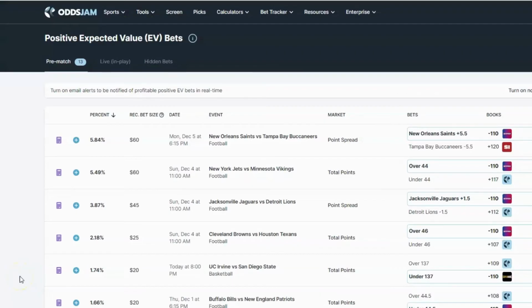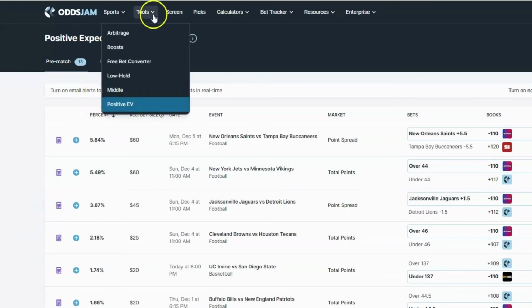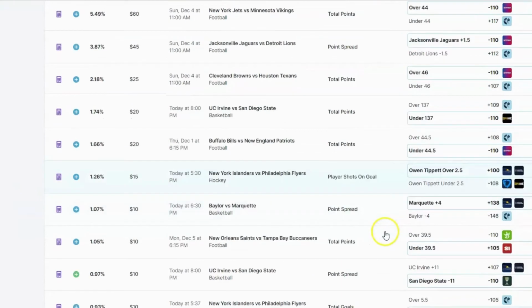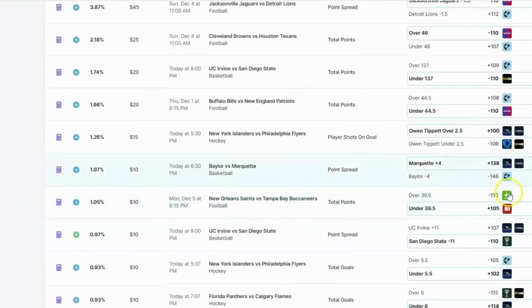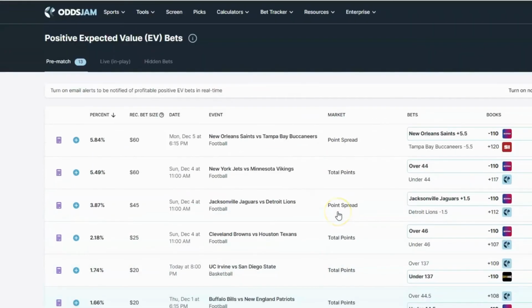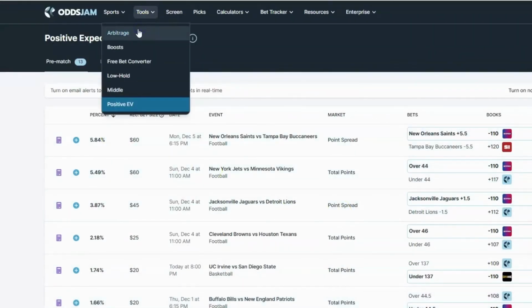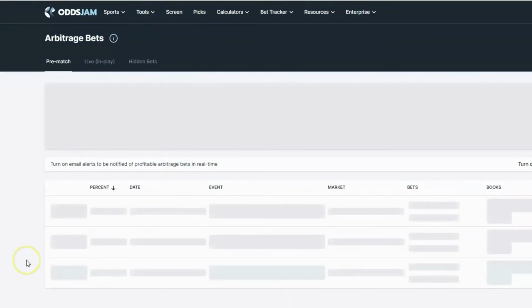All right, I mentioned taking a look at more soon, and here's what I was talking about. I wanted to take you over to the positive EV page of OddsJam, which, again, you can surf through here and identify and try to find a DraftKings bet that you can incorporate in your NBA parlays. That's another tool you could use. You take a look through there. You could also take a look at maybe the arbitrage page, see if there's some things in there that might be a good fit. Possibly, you never know.